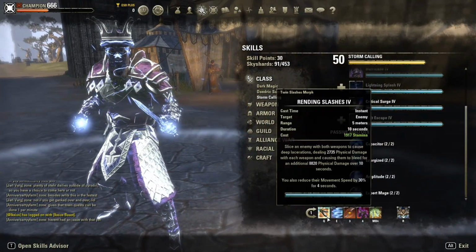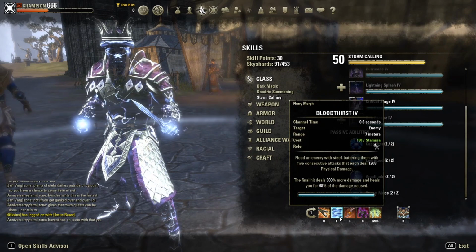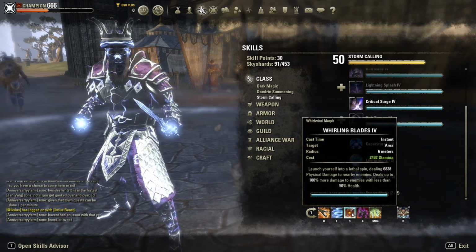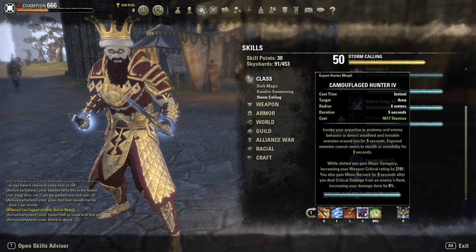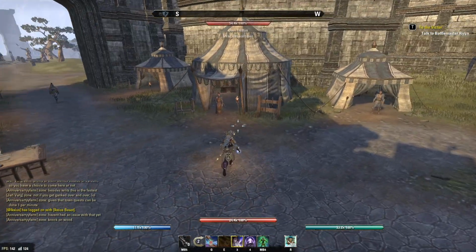So the abilities, on the front part we have Rending Slashes, Bloodthirst, which is just going to add to our self-healing, so we're literally getting healed as we do the damage. Whirling Blade, which is our execute and AoE. Camouflage Hunter, we have that there for major savagery all the time. And our Hurricane, like for instance, let's say that was a player right there,